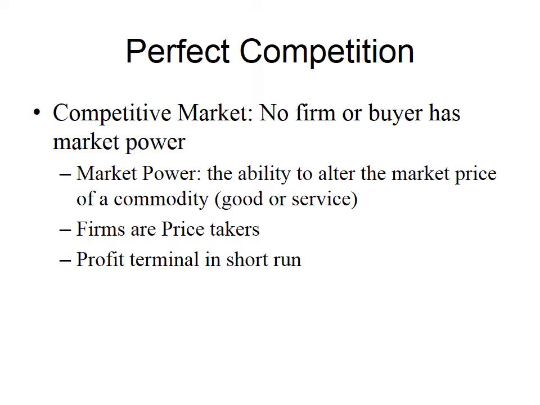And we'll look at how that works when we get to the discussion of imperfect markets. Now, one of the things that's going to run out of this, and we're going to go through why this is the case, in a perfectly competitive market, and the degree to which a market is perfectly competitive, profit becomes terminal in the short run, and we'll explain why that is